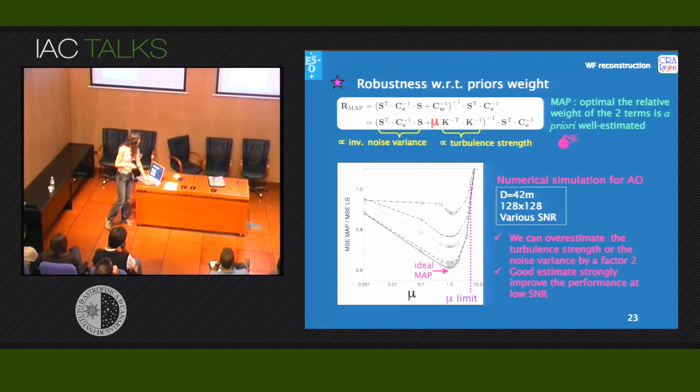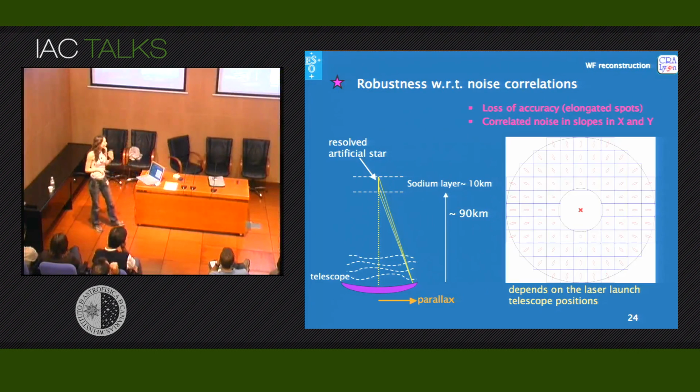So since the sodium layer is spread around 10 kilometers, you can see, as from a parallax effect, as soon as you get far from the point you launched the laser, an elongated image,